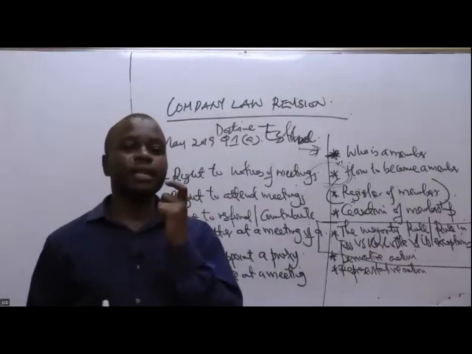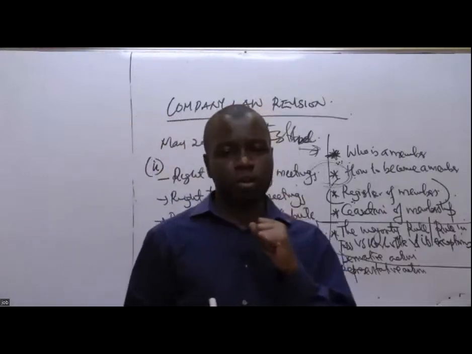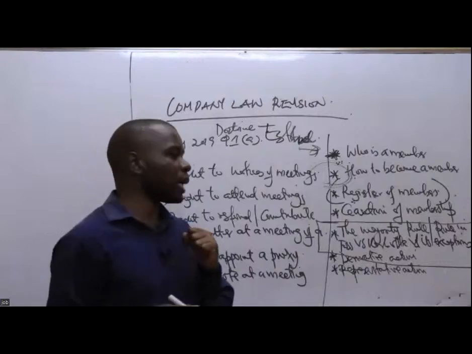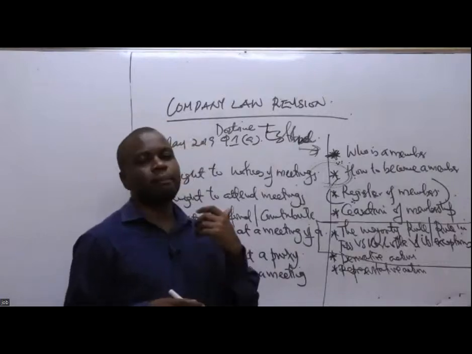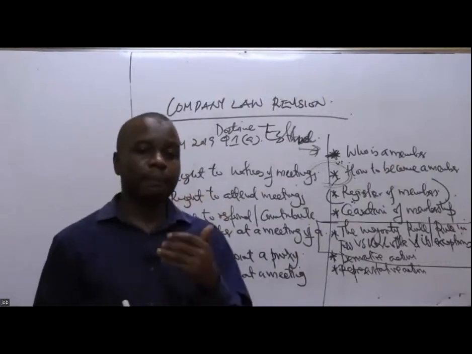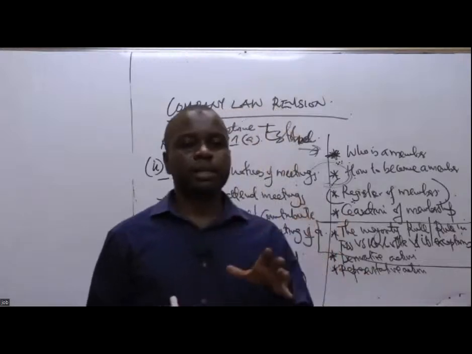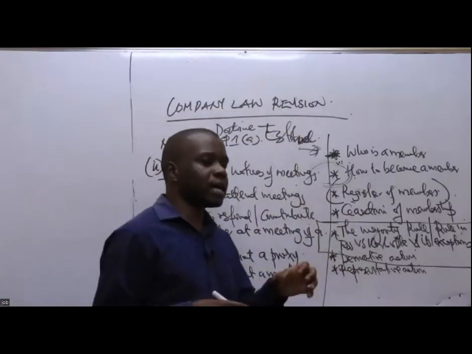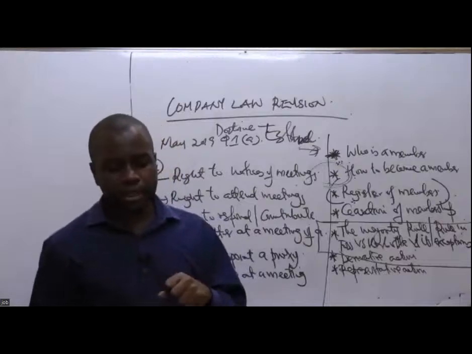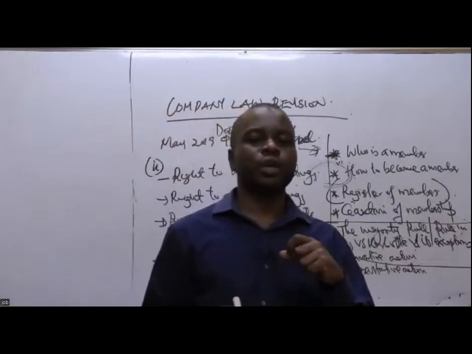It can only be the company itself, in its own name, acting on a decision that has already been approved by the majority of the members of the company. So if the company is to sue, the members have to meet in a meeting and actually agree there's a wrong that has been done to the company. So therefore, the company can be able to sue in its own name.